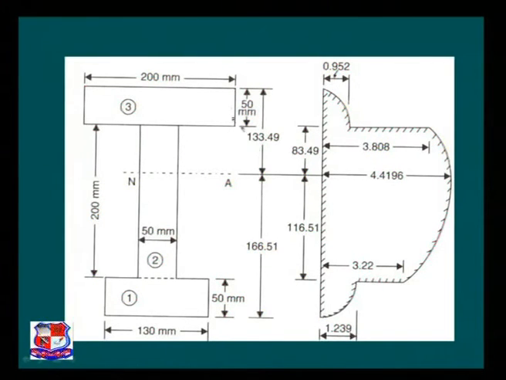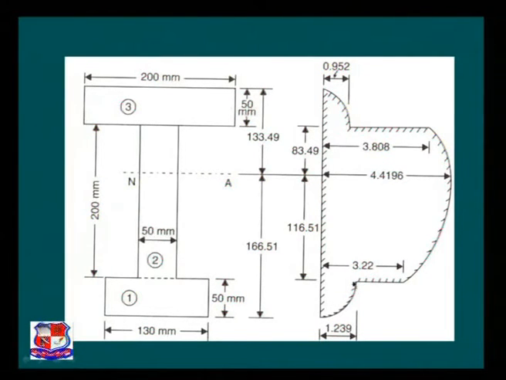As we proceed from the top fiber to the bottom fiber of the flange, the variation is of parabolic nature, and we got 0.95. Then the shear stress value suddenly increases from 0.95 to 3.8 Newton per mm square. At the neutral axis, we got the maximum value of the shear stress, that is 4.42 Newton per mm square, while at the bottom edge of the flange it is 0,